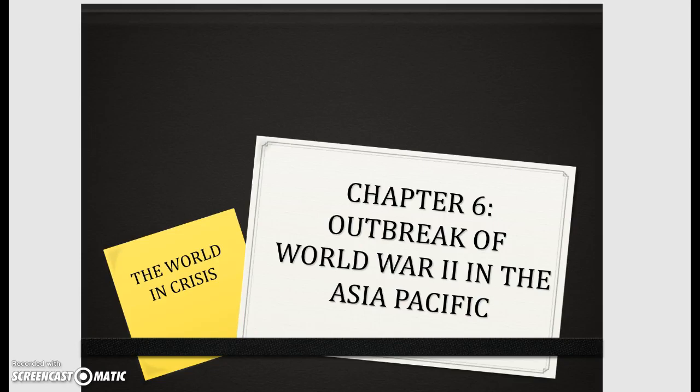Okay, this is for chapter 6 on the outbreak of war in Asia Pacific. So we'll be covering Japan, and as usual, before you start the chapter, you should look at the textbook. Go to the last page of the textbook, which I won't have on the screen here. You should be able to see that it is under one heading, and that is you are looking at the reasons why World War II broke out in Asia Pacific.